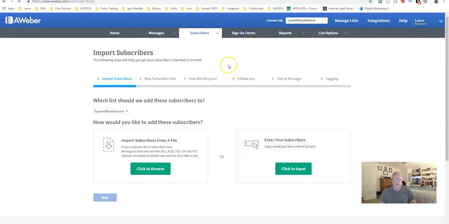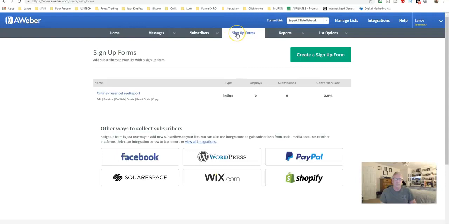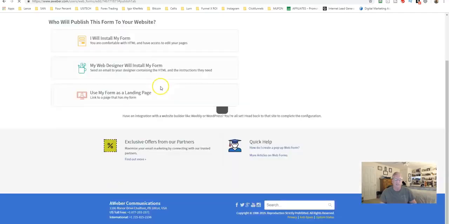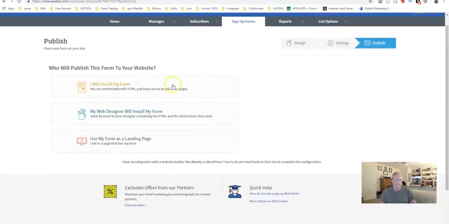All right, sign-up forms. When you create a form, you set the list you want to create the form for, and then you go ahead and create a form. I'll give you a preview of one. Well, I guess you're not going to see that with the pop-ups blocked, but we're going to check it out anyway. I would create the form